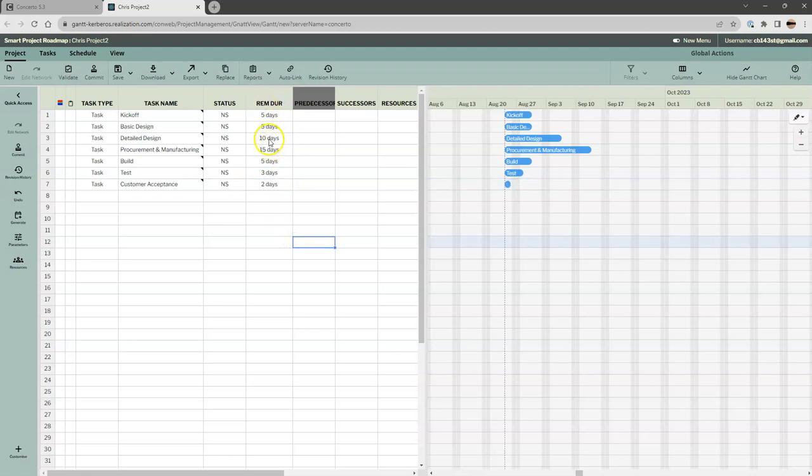So we're at roughly 40 days. That's about 2 months worth of effort. These are in work days, assuming again 5 days a week